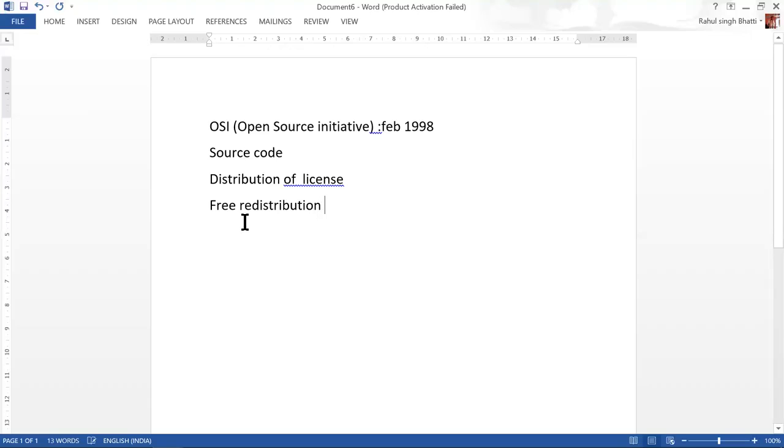After free distribution, it contains some of the following elements. OSI contains elements like source code, distribution of license, and free redistribution. The OSI is a non-profit corporation that aims to promote the use of open source software in the economic world. The OSI wrote a document called the Open Source Definition, which is used to determine whether a software license is considered open